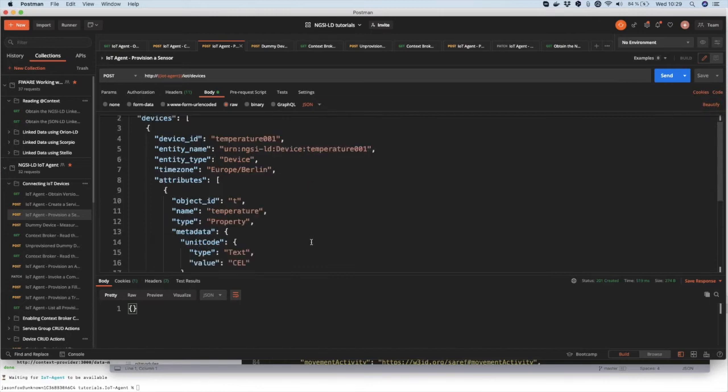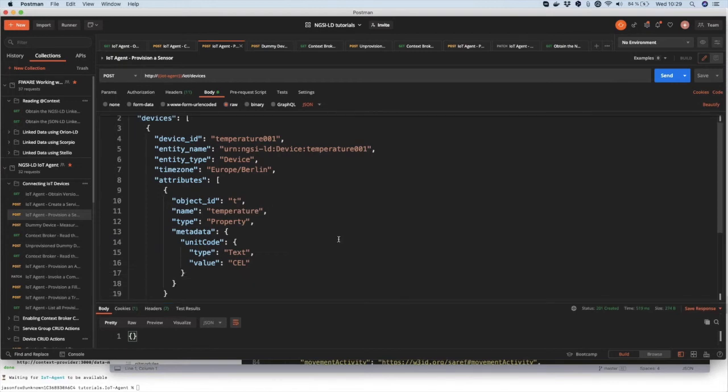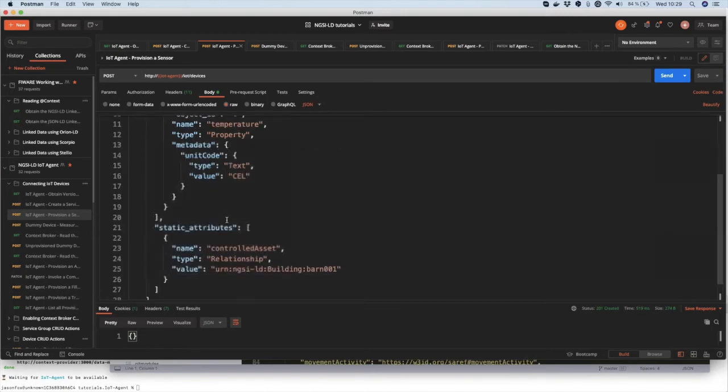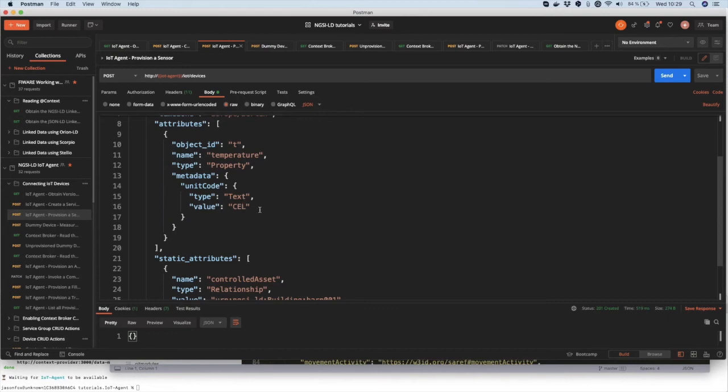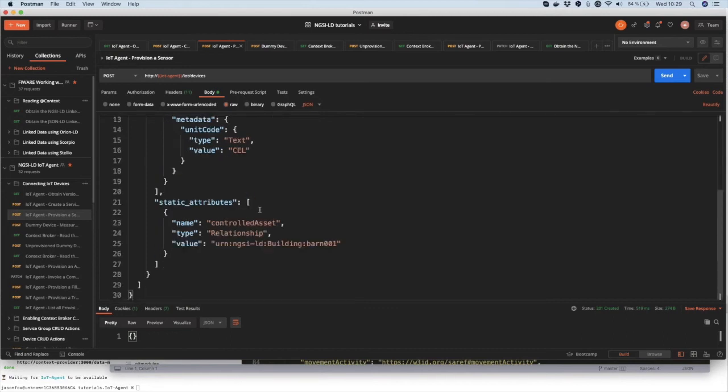These are named devices. You have to do named devices if you're doing actuators. And you can see that this is a temperature sensor, and it should be fairly obvious. Once again, we've got a type of property, and we have metadata saying that the unit code is in degrees Celsius. So this means for this specific device, we have a unit code of Celsius. On the static attributes, we have a relationship. As you well know, NGSI is all about properties and relationships, and these are keywords, which means I'm going to be a controlled asset